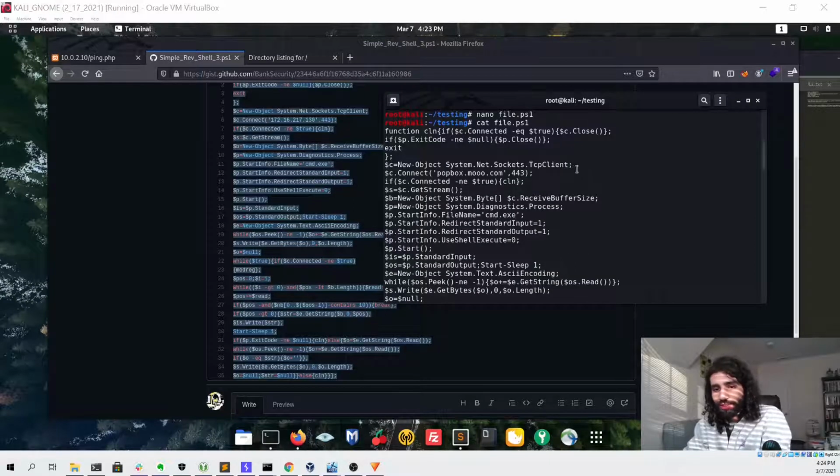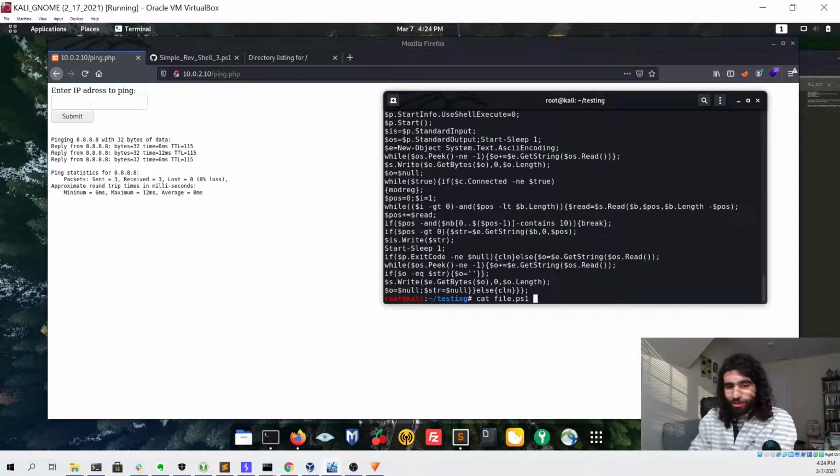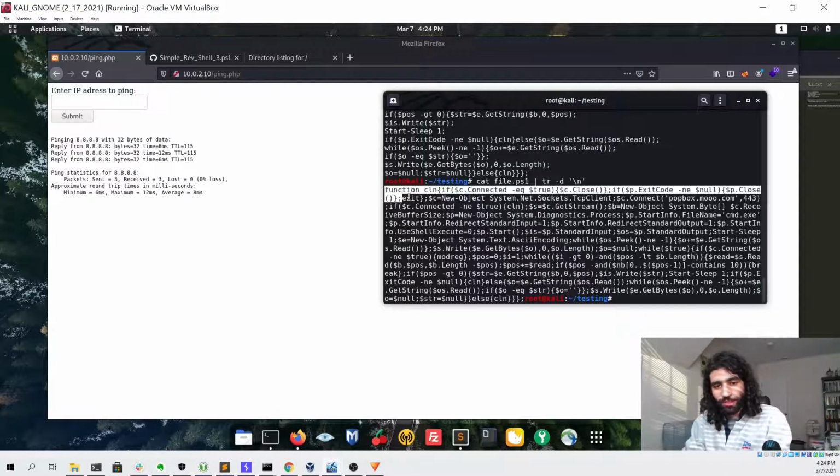You can also see that this is a multi-line script. So similar to what we had to do with the PowerShell commands in order to download and run Netcat, we're going to have to turn this script into one line so that it can be used with our ping.php exploit. So to do that is very simple. All we have to do is cat the file and then pipe it to tr, give it the -d flag, and then give it the newline character so that it will remove all newlines from the file. So we can see that it looked like it did that successfully. So we can copy that,